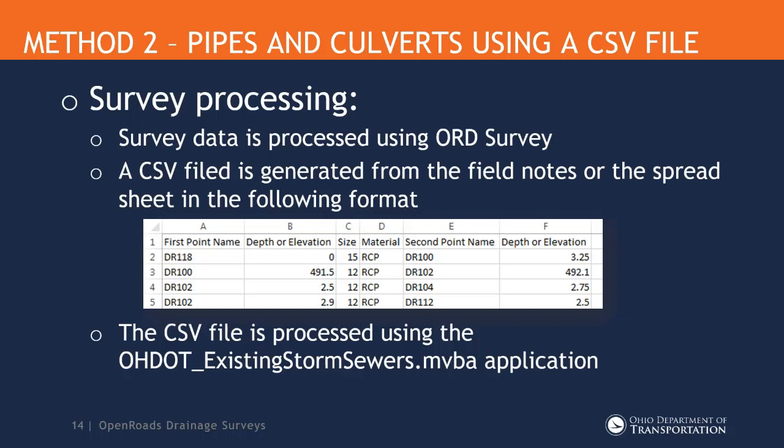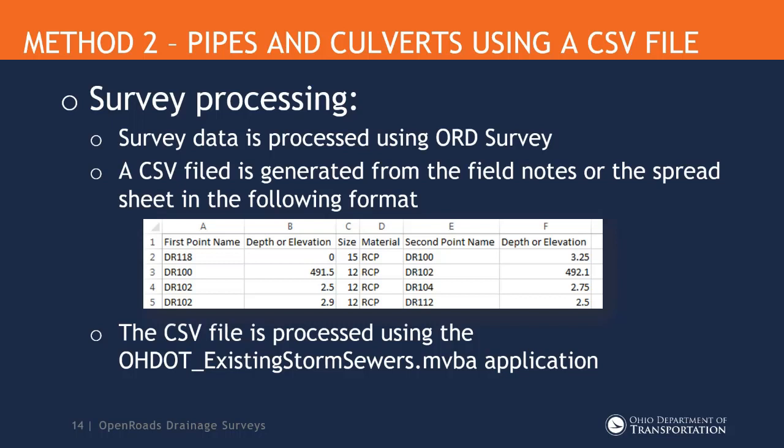CSV file format. Again, you're going to have to put this together based off your field notes or a spreadsheet, but the CSV file is going to have the first point name and the depth of the pipe measured down from the grate at that particular point, or the elevation of the pipe. So I'm showing both there. The second point has an elevation of 491.5. The others have a depth measured down. Then the size and material, and then which point it connects up to, and the depth or the elevation